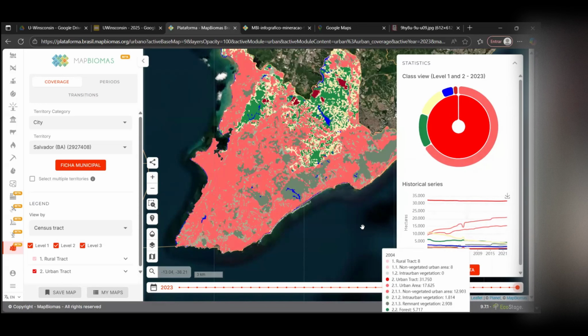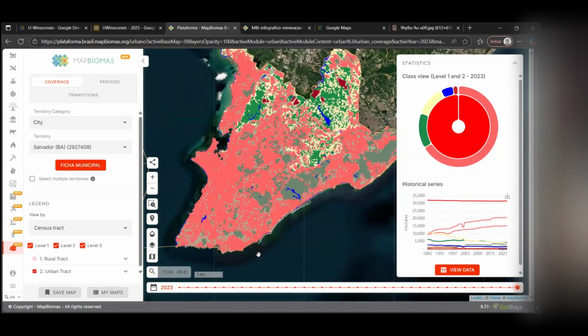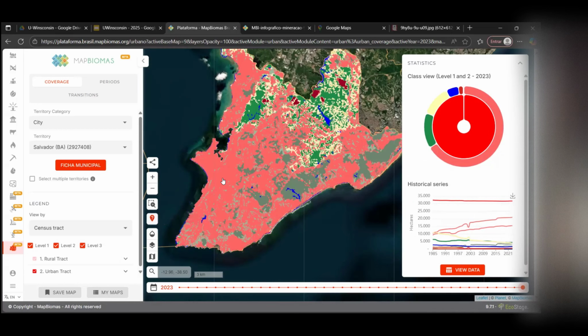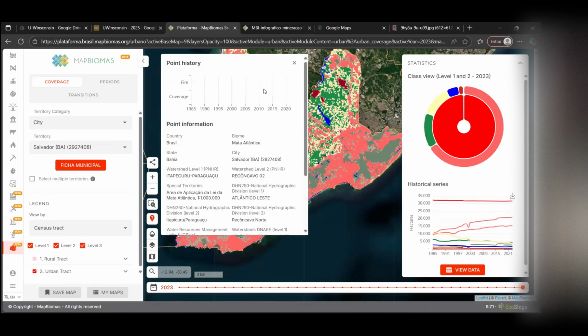But there's a very specific thing here that I really love, this point information. Like I said, every pixel has a story. So if I click in this point information and click everywhere in the map, you can see the history of this pixel in all the years. So of course, I click in a very old area of the city.